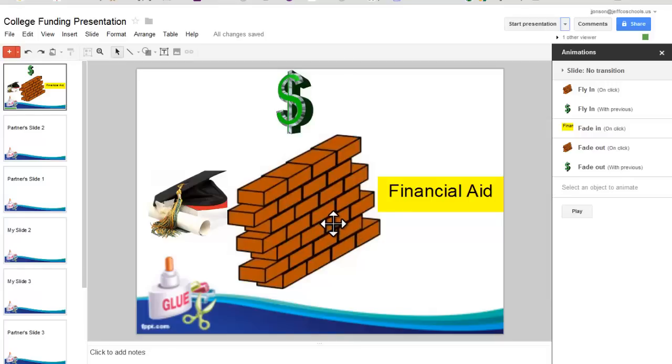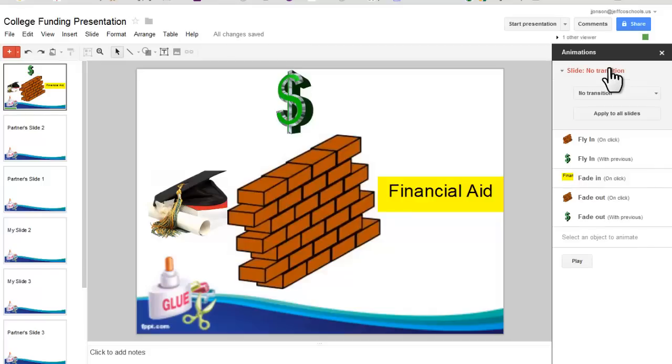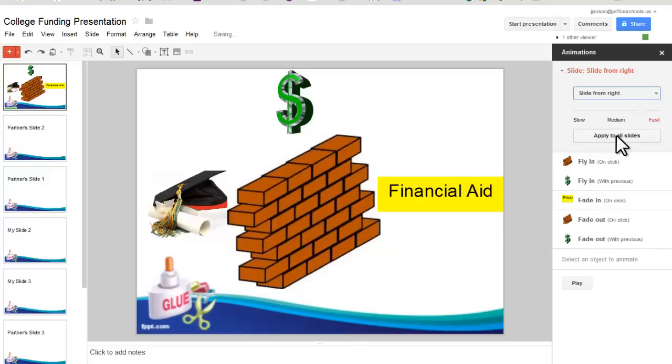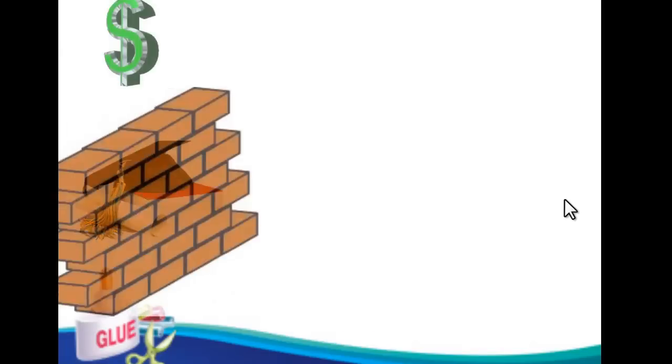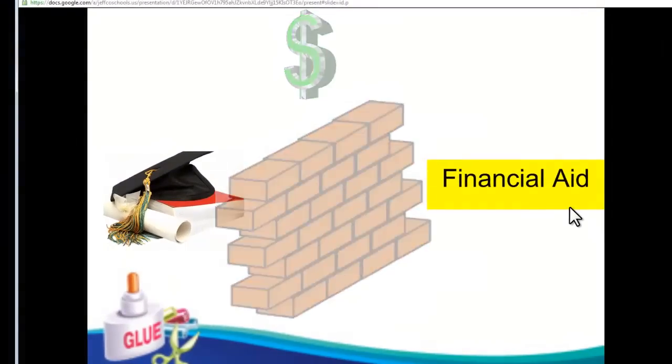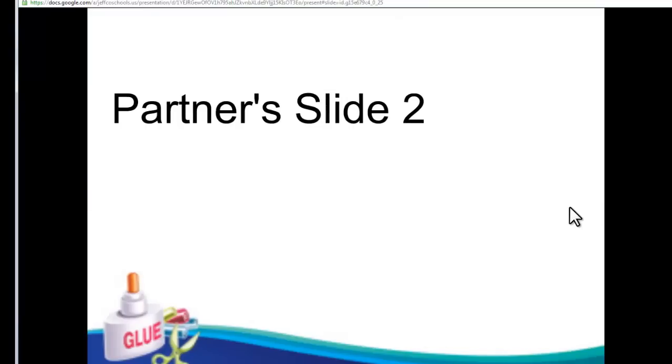The last thing we might want to talk about is transitions. So you can also have some transitions from one slide to the next. Right now it's set at none. I'll go ahead and go to transitions, and I can choose one. We'll say slide from the right, and I can apply this to all my slides. So again, if I go back into my presentation mode, and I'll start at that current slide and quickly click through that animation, when it moves to the next slide, it's going to do a slide feature,